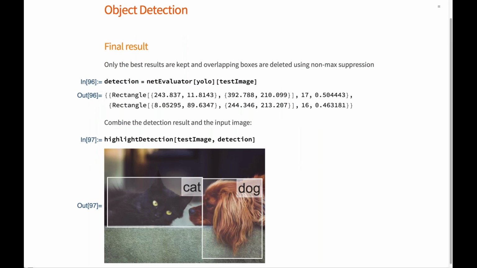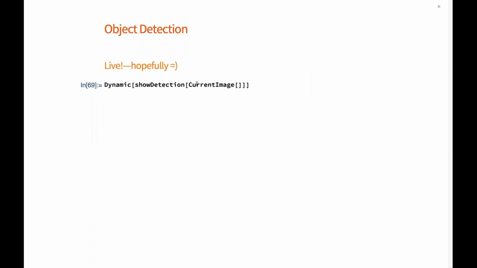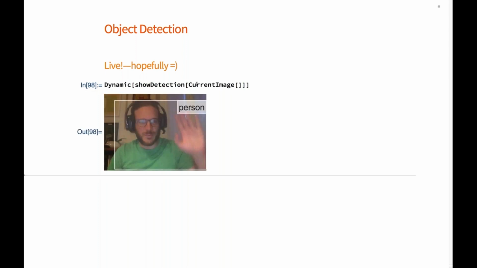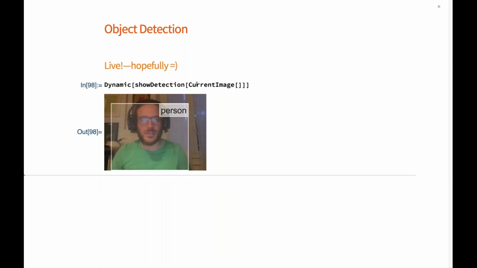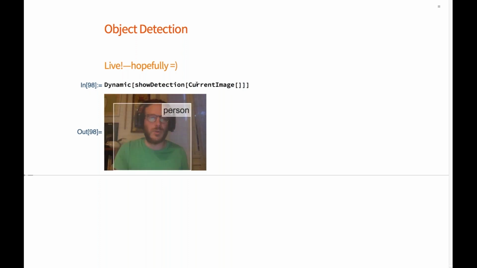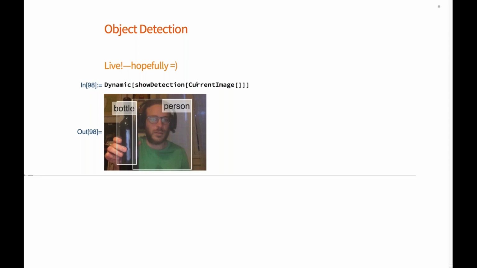Here, I rushed this a bit, as I'm close to the end of my talk. I just have one final example that is live, so you get a look at me, and this will hopefully work. Given that this network is pretty fast, hi, this is me, and given that the talk is almost over, I will soon celebrate with a glass. This is exactly a wine glass, and I will pour a bottle.